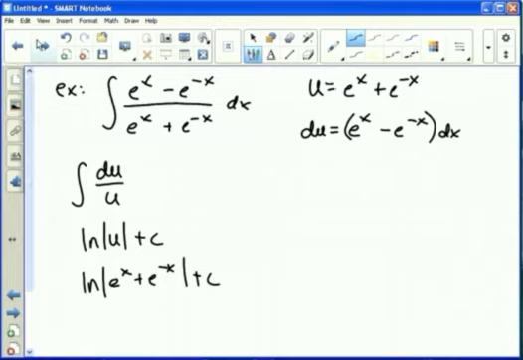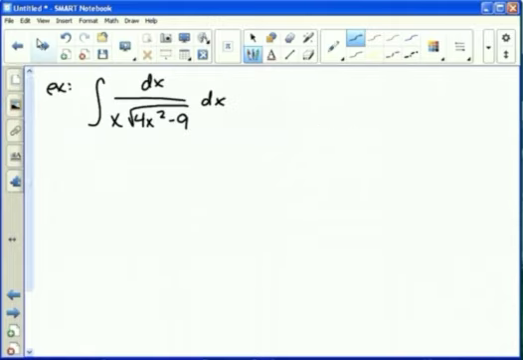Alright, now I didn't put all the rules up for this one because there's 3 of them. You should know them by now. That's the inverse trig rules. So this is one of the inverse trig. Just a reminder of a way that you can kind of know it's probably inverse trig. Anytime your biggest power on top, in this case is 0, there's no x's at all, and your biggest power on the bottom, in this case it's x squared,